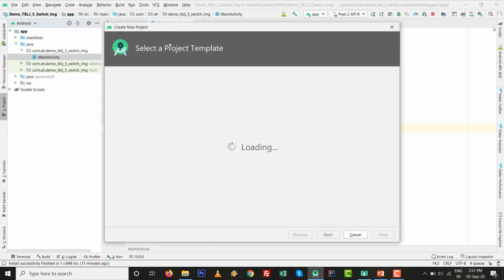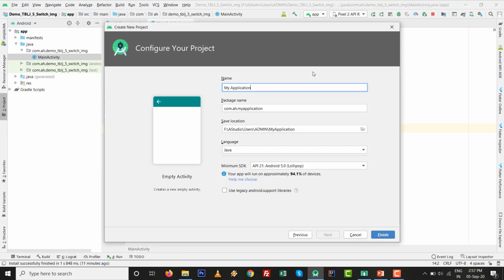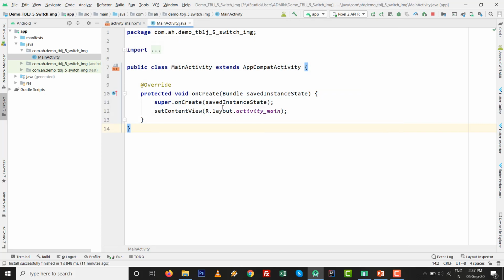Go to File, go to New Project, click on Empty Activity, click on Next, and give whatever name you want, for example demo_TBLJ, meaning task based learning of Java, and I will write switch and image. So click on Finish. All the stuff is ready over here.